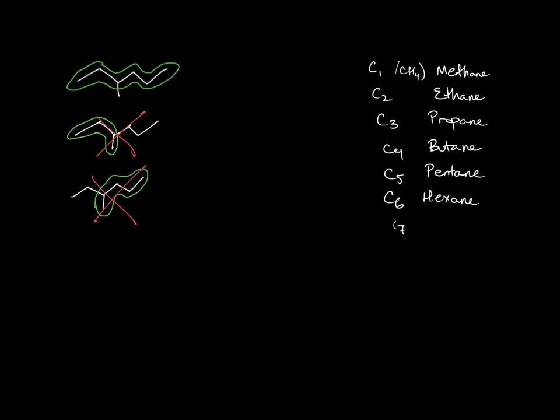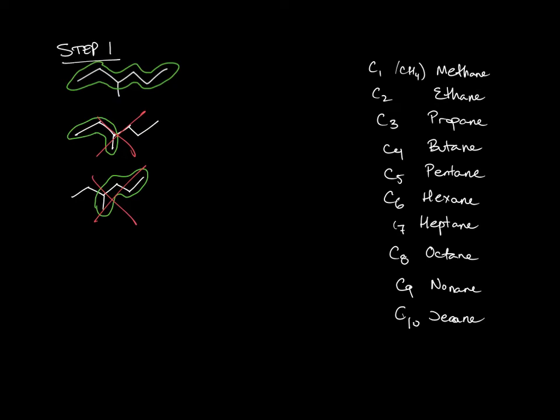7 carbons is heptane. 8 carbons is octane. 9 carbons is nonane, and 10 carbons is decane. Those are things that we need to know, because when we are picking out the longest chain, we need to be able to give it a name, and the names are always going to be the same. So when we are naming a compound, step 1,